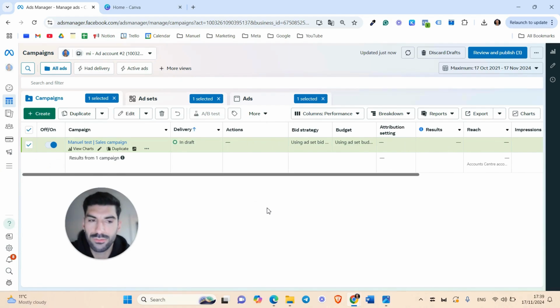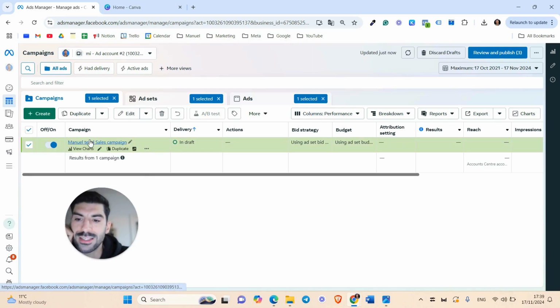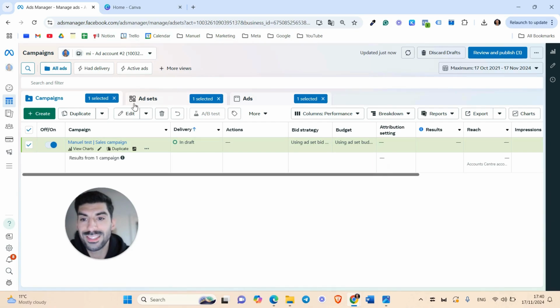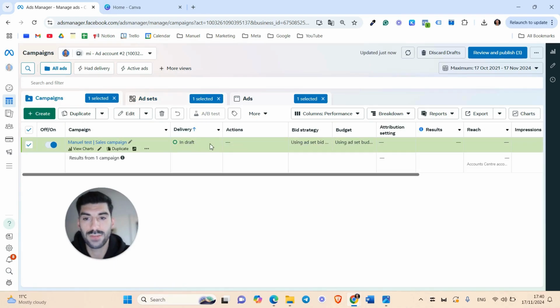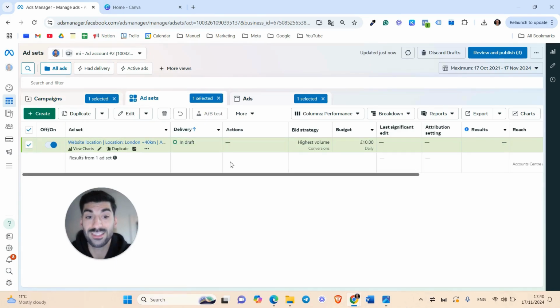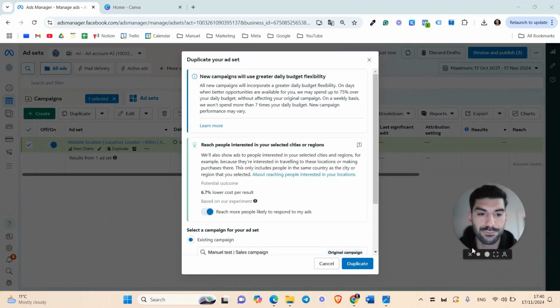Now, let me go back. Before I end this video, I would like to go through the budget. As I said before, we have different options, which is the CBO, campaign budget optimization, which says that we can set the budget at the campaign level. Okay. The other option is the ad set level. If we add the budget at the campaign level, Facebook will decide which ad set it needs to deliver the most because it's performing well. And as I said in here, we can select the ad set, duplicate,